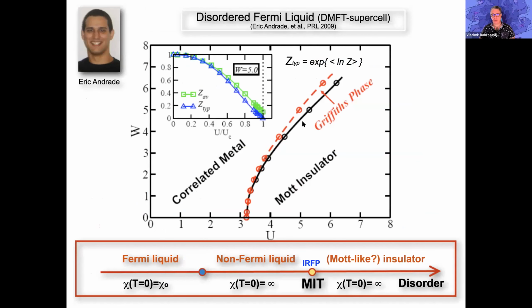So the overall picture of this disordered Fermi liquid is that when we have smaller interactions, the Fermi liquid is pretty conventional. Once we approach the Mott transition, there's an intermediate range which has many unusual properties. I'm not going to talk about many of them here. There is something called the electronic Griffiths phase, which has some strange thermodynamic response. But I will just say here that this is a very inhomogeneous region where disorder has a very large impact on some physical quantities, creating large inhomogeneities. But to see this, you have to remain in the coherent Fermi liquid regime and for sufficiently strong correlations.